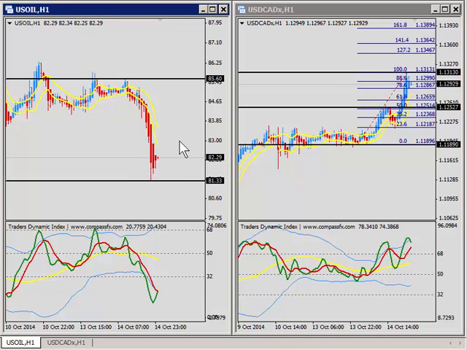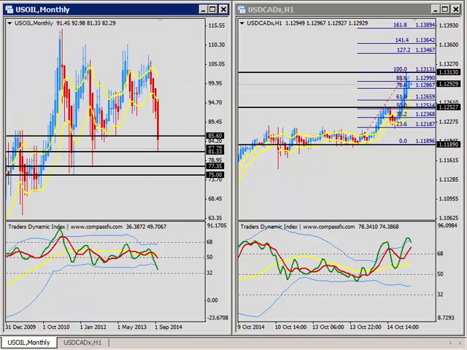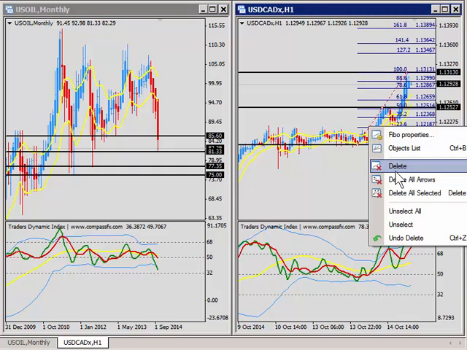And where do we go from a monthly perspective? Well, if you look at this on that monthly chart, you can see that going back to about June of 2012, we have this level of 77.35. That low, that's what the market's looking for to some degree, but more so the market's looking at the 75 level that goes back to October 2011. You can see it's right in the middle of this range that we had going back to 2009. So bears in the oil market are looking for that push all the way down to that 75 level. That could drive the Canadian dollar up back towards the 120 level.